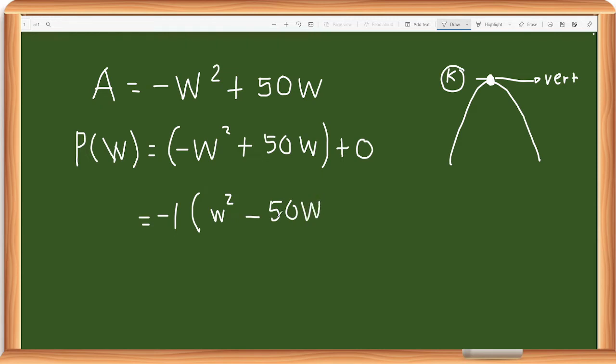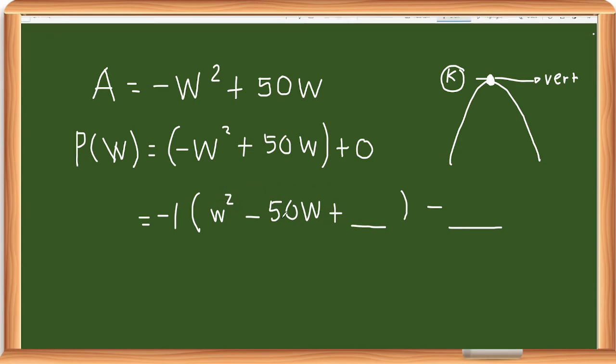50W. Bakit magiging minus? Because negative times negative, magiging positive siya, no? Kasi pinactor out nga natin yung negative dito. Then, ano ginagawa natin dito? We have to add something here at magma-minus tayo something here, no? Ano nga ba ang gagawin natin to make this a perfect square trinomial para pwede natin siyang i-express as a